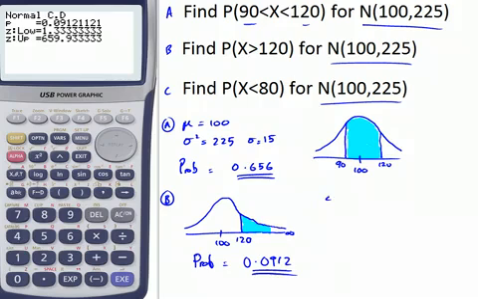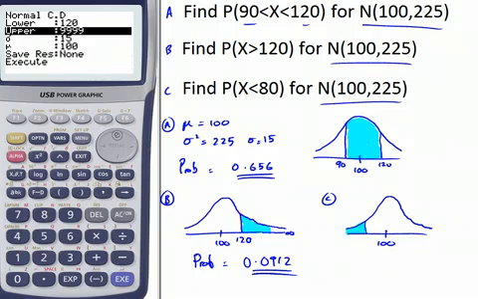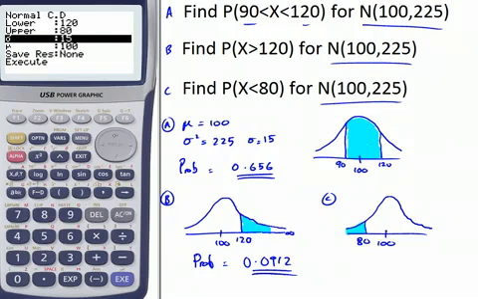Now our last section, C, requires us to find the probability that x should be less than 80. And again our mean is 100 and we want the value less than 80. So we're looking for the area of this tail. Go back to our calculator, exit. Our upper value is at 80, so our upper value needs to be changed to 80, but our lower value, press execute, use the arrows to move back up,